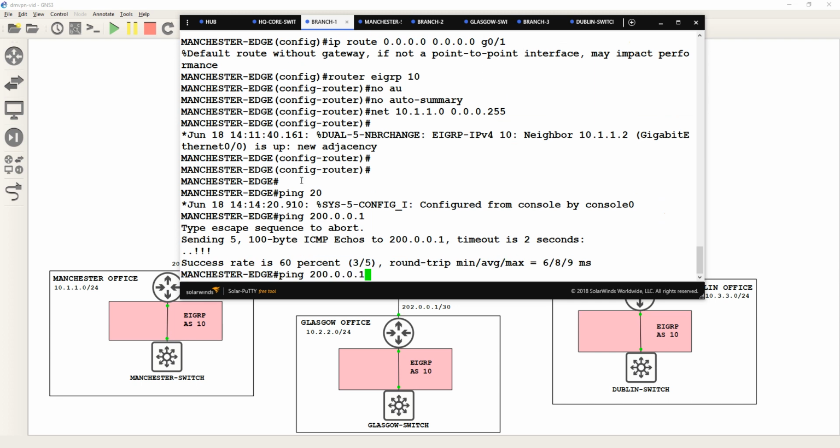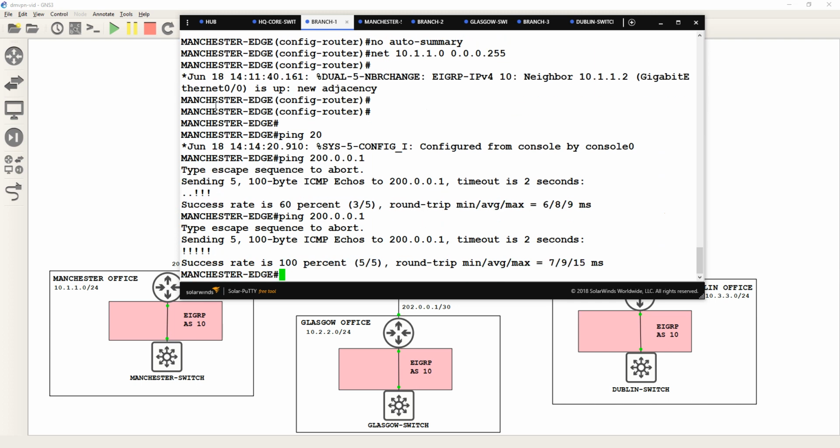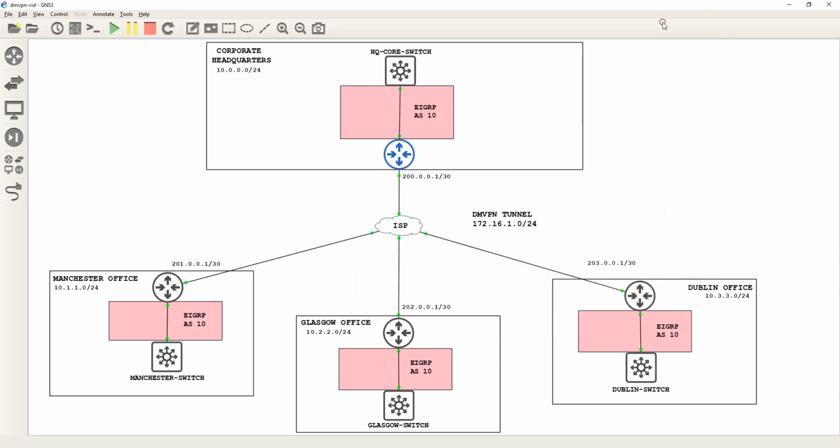There we go. So we can now, every site can ping the remote office, no bother. Now, what we need to do here is go on to this hub router, and it's going to act as the hub router for the DMVPN. So the configuration on this tunnel interface is going to be slightly different than it is for the Manchester,